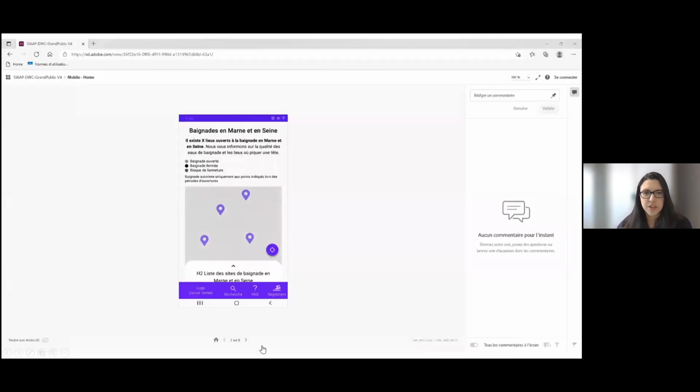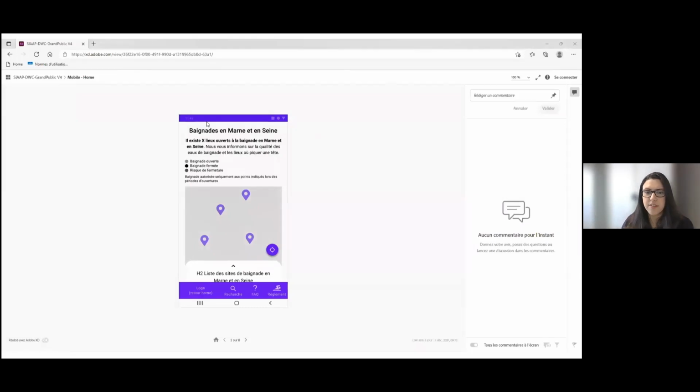I will conclude with two short videos to show you today. We have two models, for the public application and the expert application. Don't pay attention to the colors and the images for the time being. They're just models, work in progress, but I wanted to show you what it looks like and what it could look like tomorrow.